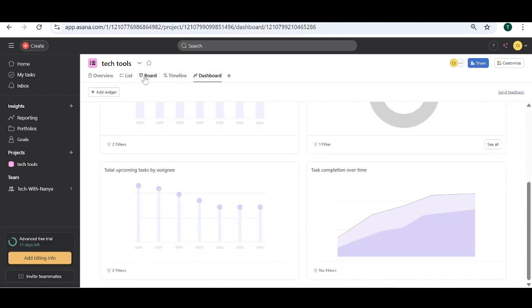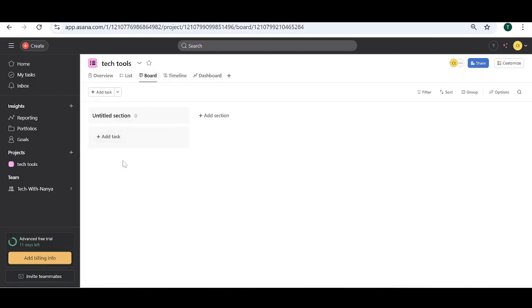Okay, as we all know, I prefer this board format, just like Kanban format. I prefer it over others. So over here is where we can change it to anything we want, and over here we can come and create a task. So what should be the name of our task? What should be our task? Let's just say